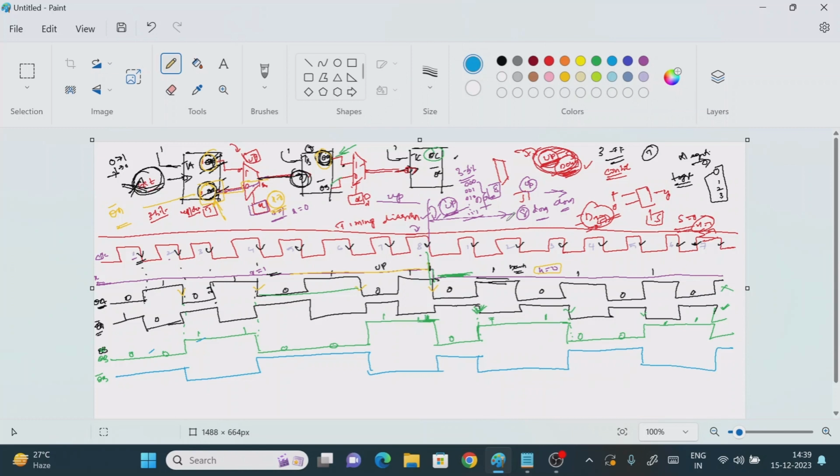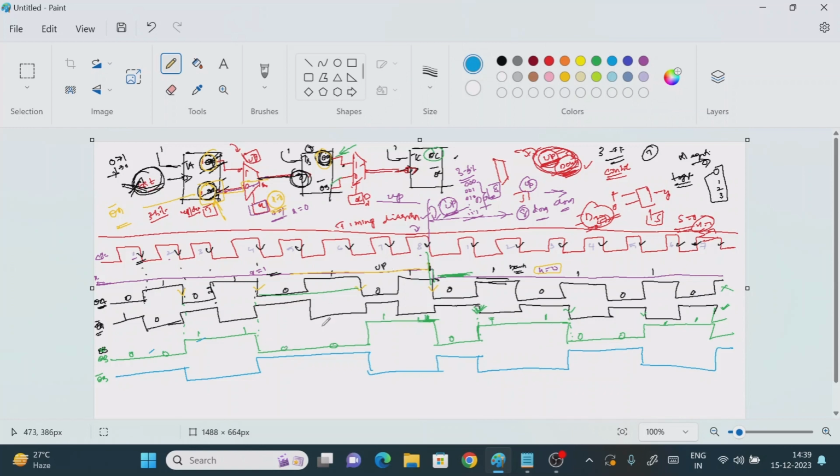Now we are going to find the output for QC. If you want to find the output for QC, we require the waveform for the QB as well as the QB bar. QB is for the up count, and QB bar is for the down count. The reason we consider the QB bar waveform at the same time is that in a single waveform I need to show the up counting as well as the down counting operation. That is the reason we are considering it like this.